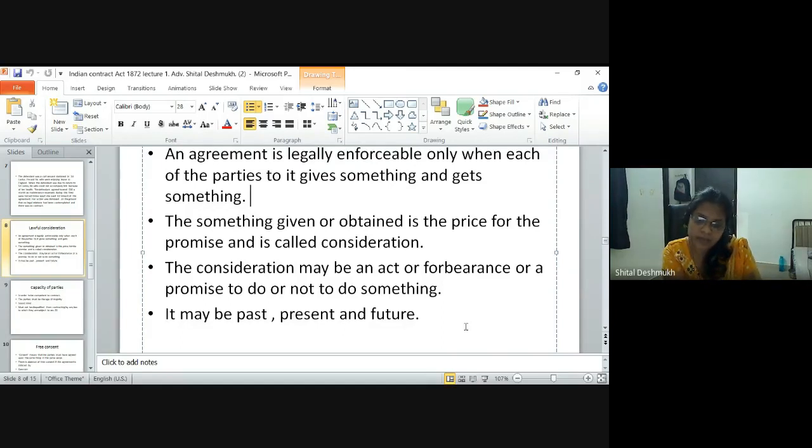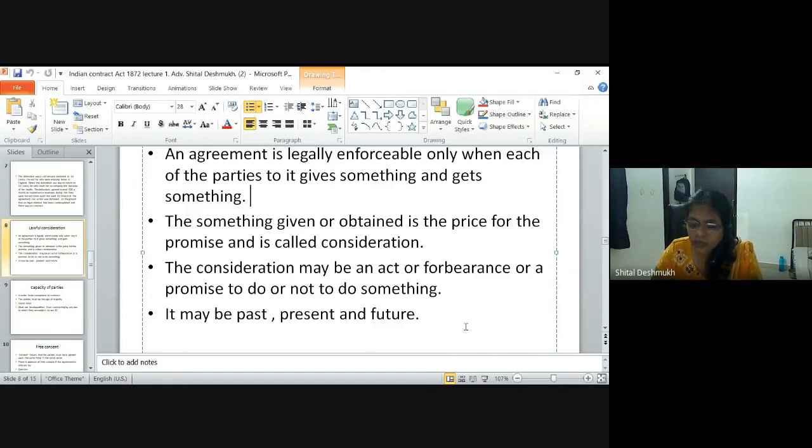Consideration may be past, present, or future. Why may it be past, present and future? When entering into a contract, the performance always follows later. It is not possible that the making of a contract and the performance of that contract happen at the same time. When person A promises person B something, the performance follows later. If there is a contract between A and B for the selling of 100 wheat bags of 25 kg,